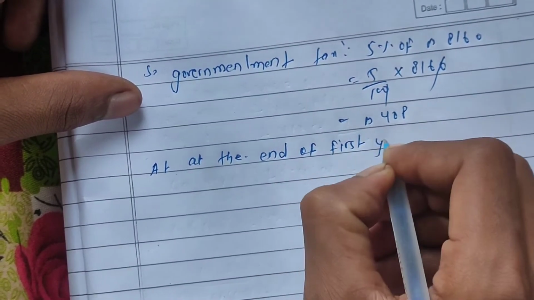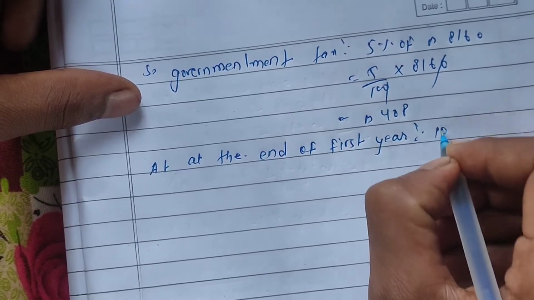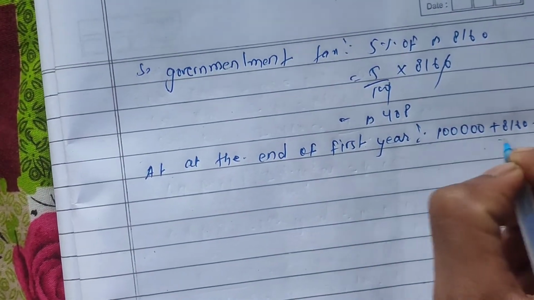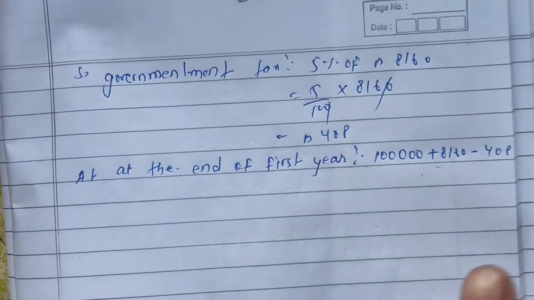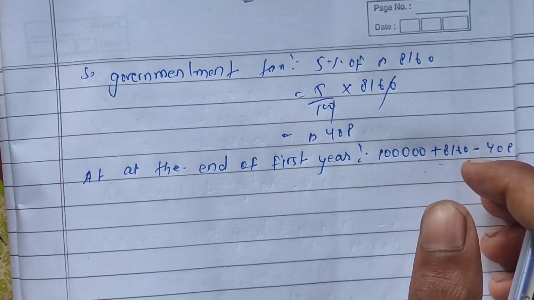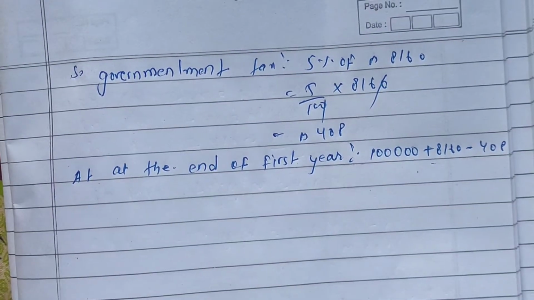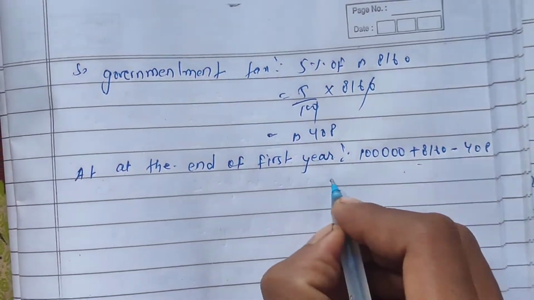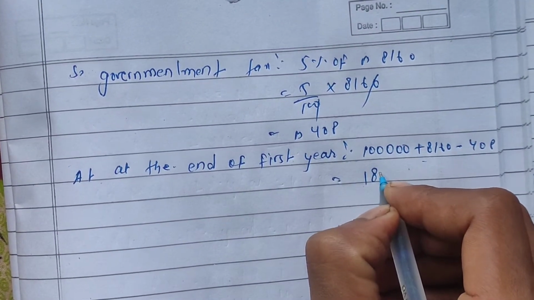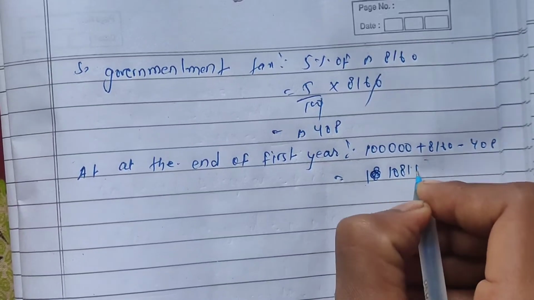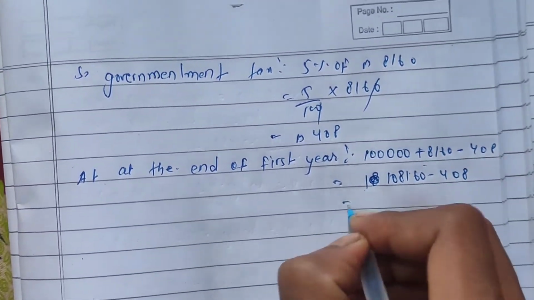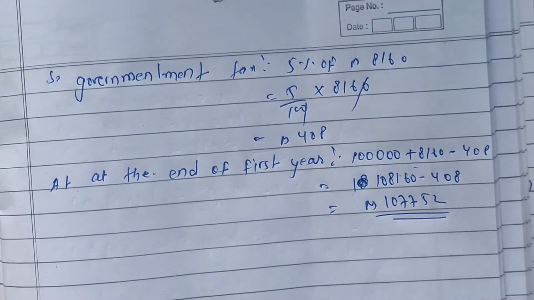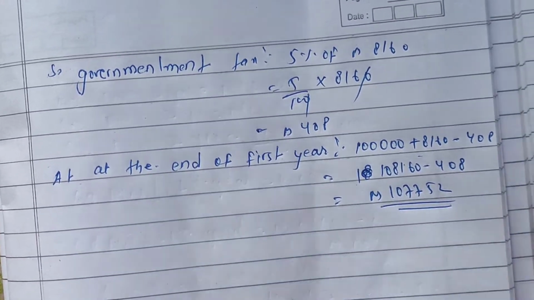the amount will become 1 lakh plus 8160 minus 408. So this is the interest, so this will be added, but 408 is the government tax, so you have to subtract that. Now this will become 108160 minus 408. So now you subtract, so that is 107752. Okay, so for the first year this is the amount,